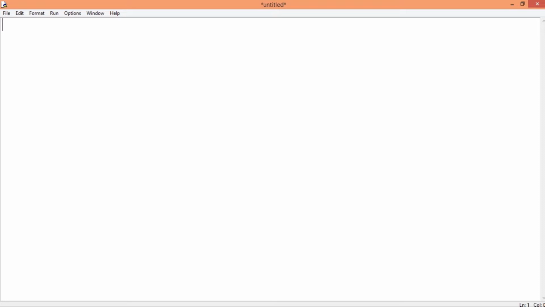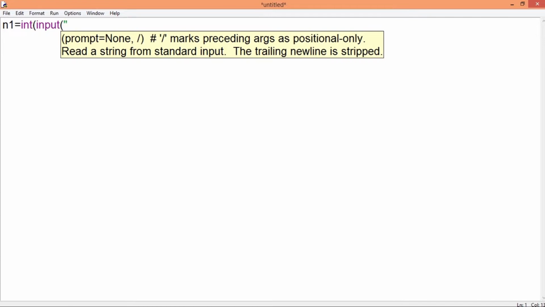Elif is required for having multiple conditions in our programs. You must have noticed in the last example that else does not require any condition with it. If I want to have multiple alternatives for a given situation, that will be done with the help of elif. So I declare the first variable, which is n1, and I get the value from the user.